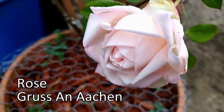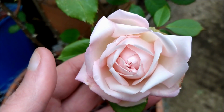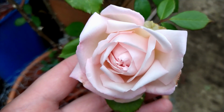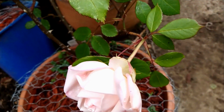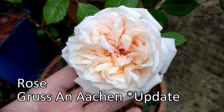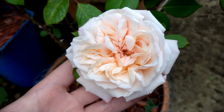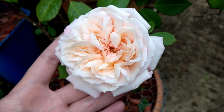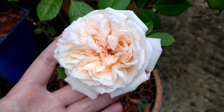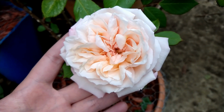This is Gruss an Aachen. Very beautiful blooms, light pink, and they fade to white as they open more. It is lightly fragrant, and the shrub itself is dwarf, so it's ideal to be grown in a container. It has a weird classification because it's classified as a floribunda, hybrid tea, or an early hybrid tea, as well as a polyantha. It has fragrant flowers which can change depending on the temperature. It is compact and it's ideal for growing in containers,